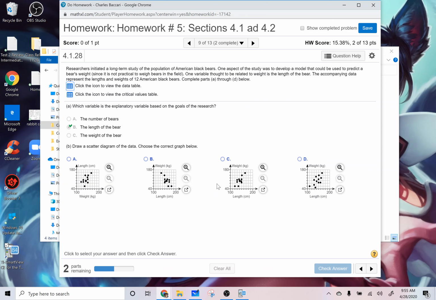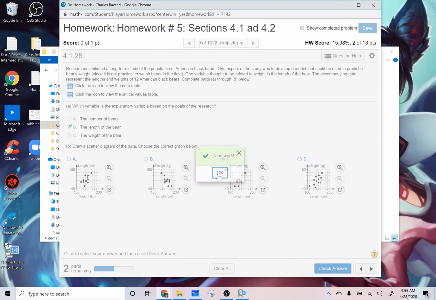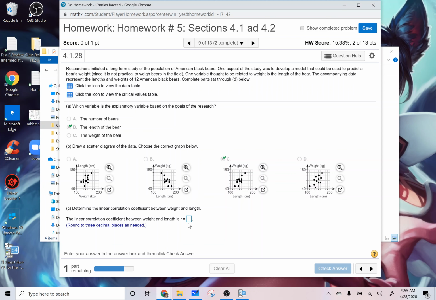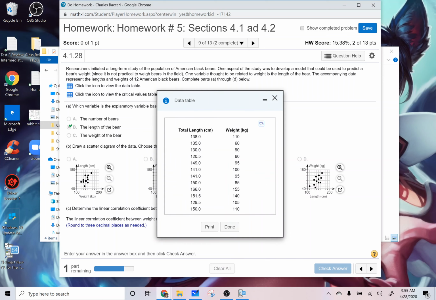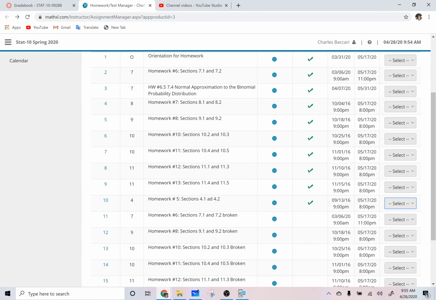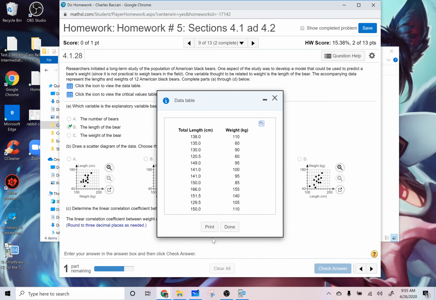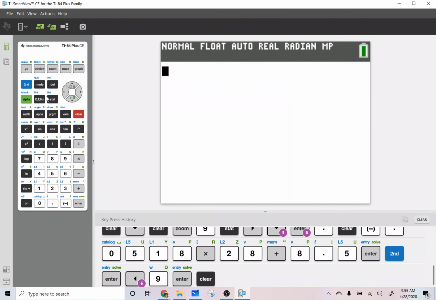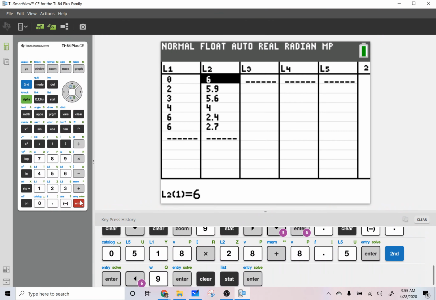I would assume the lengths are good. I'm just going to guess right now. Oh, I guess right. And then to do this part, all you have to do, guys, is, if you were going to enter this in the calculator anyway, let's do it real fast. Oops, wrong one. Let's just enter it. We got stat, edit,